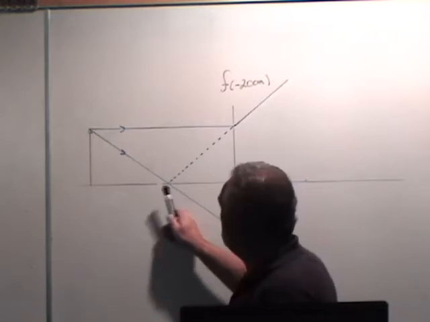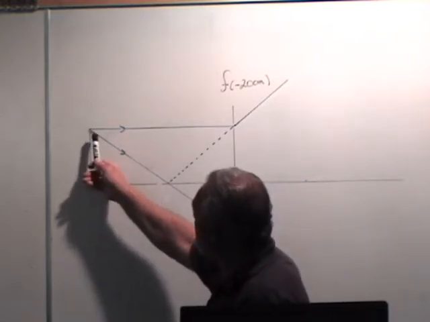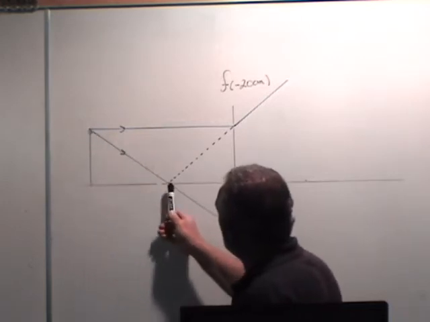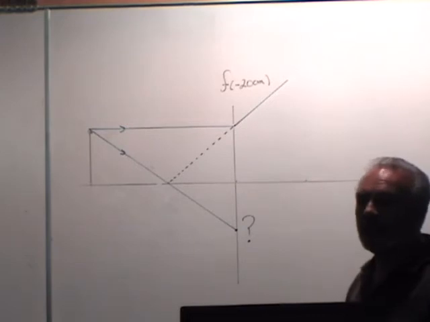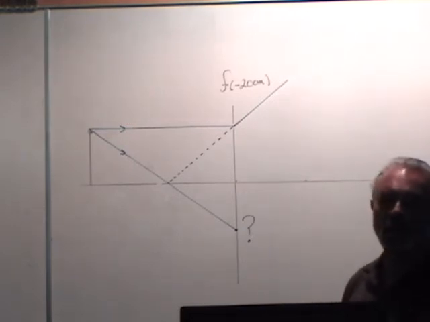Now the first tempting thing is people say, well then for the second light ray, why don't we take the light ray that goes through the focal length on this side? Does it leave there? No, we don't know what it does. On a diverging lens, at this moment, we do not know what it does.